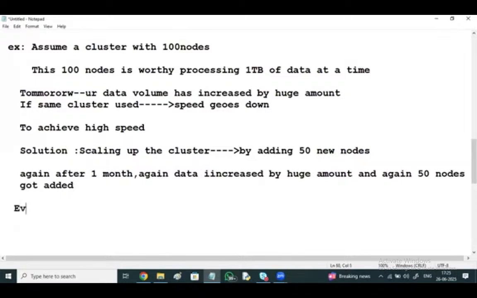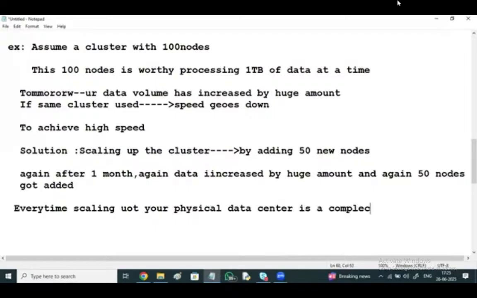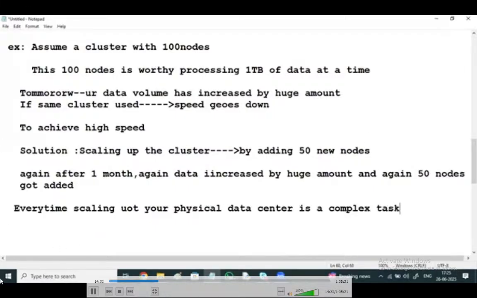So here, every time scaling up the physical data center is a complex task. Every time